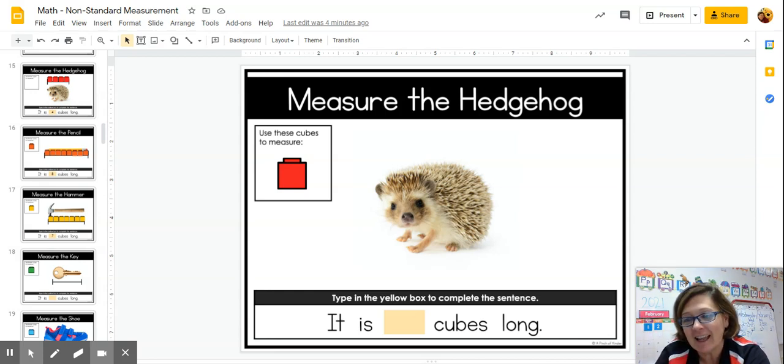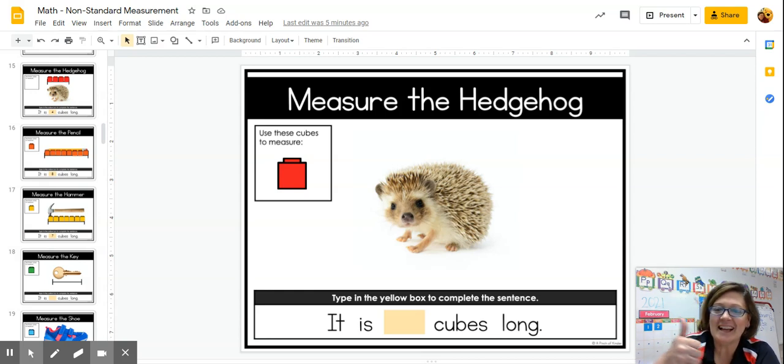And before we go, let's count to 20. Here we go. Let's use a mouse voice. 1, 2, 3, 4, 5, 6, 7, 8, 9, 10, 11, 12, 13, 14, 15, 16, 17, 18, 19,